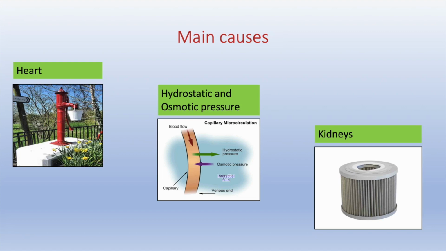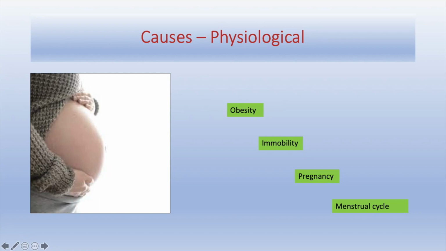The osmotic pressure is what causes the osmosis between the tissue and the blood. The main determinant of osmotic pressure in the blood plasma is the protein albumin. Hence, if there is less albumin, the blood is thinner and extra fluid oozes out into the tissues, causing peripheral edema. The main physiological causes that cause peripheral edema are obesity,